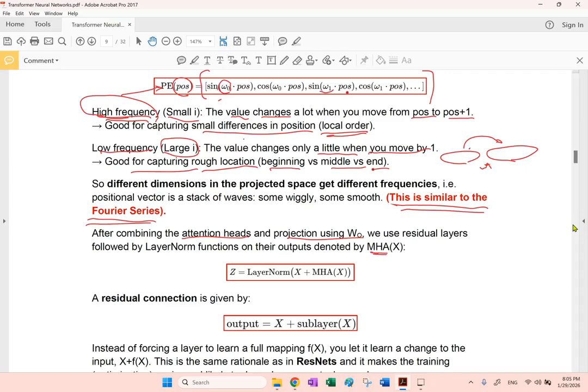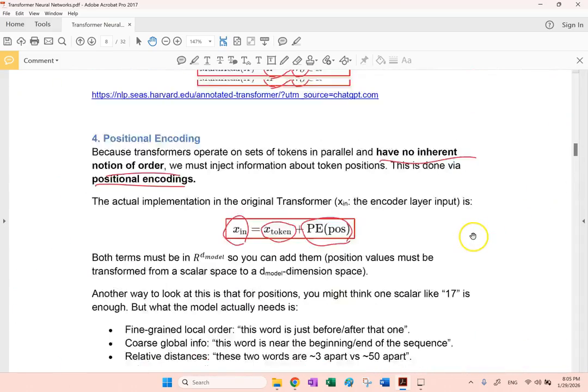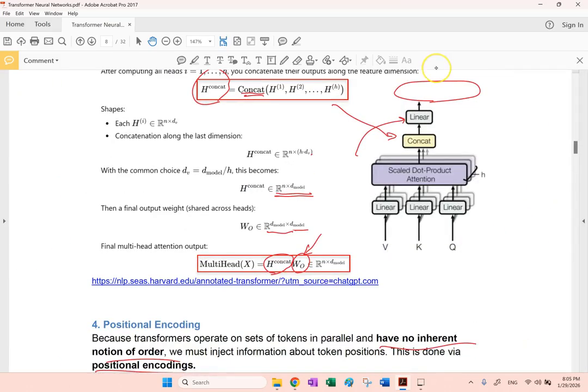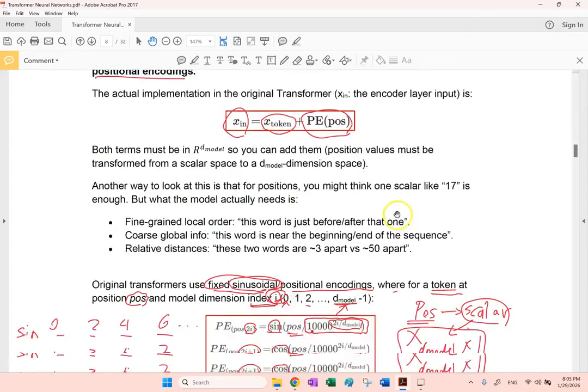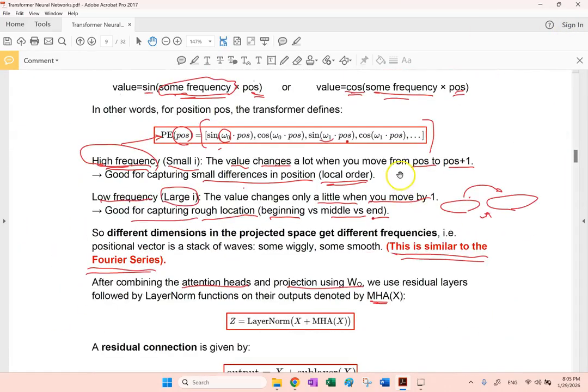The output of this multi-head attention, we're going to call it the multi-head attention of X, MHA of X, where X is the sequence of all tokens, the input of the system. Good. So you get the MHA of X, and now